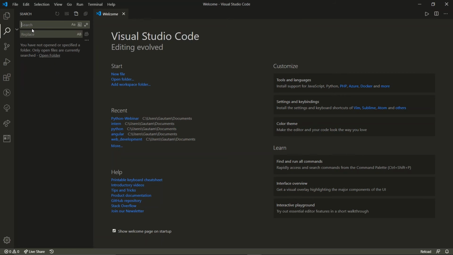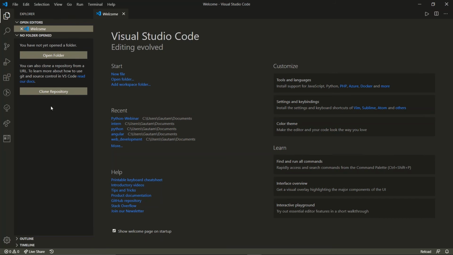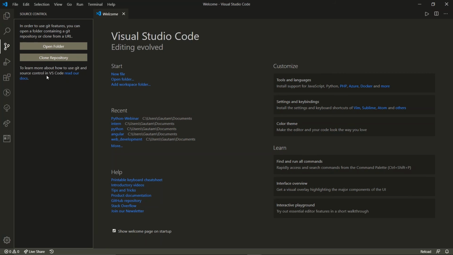Okay, this is the search. Over here, whatever we search will search the entire files present over here in the Explorer bar. Right now, you may not know Git, or many of you will know what Git is all about. So Git is something where you will find all the developers or all the coders are using Git for keeping a track of their coding, keeping a track of their codes, sharing the codes. So Git is a platform that helps us to store our code in cloud environment. You can say like this.